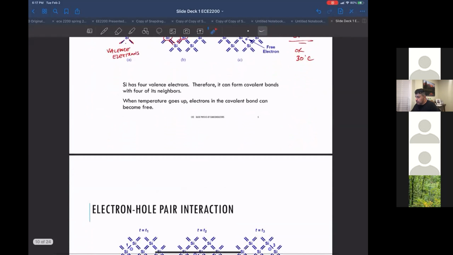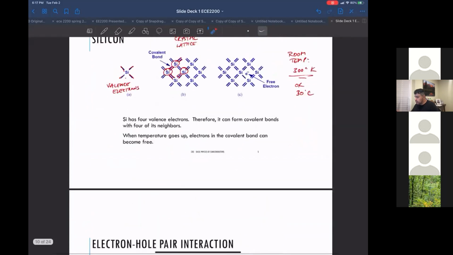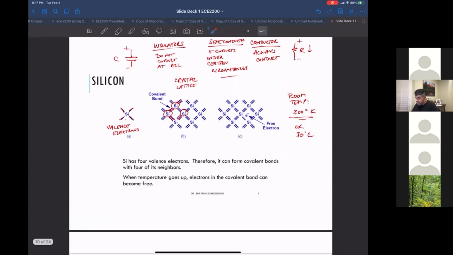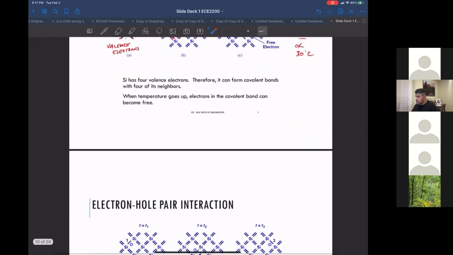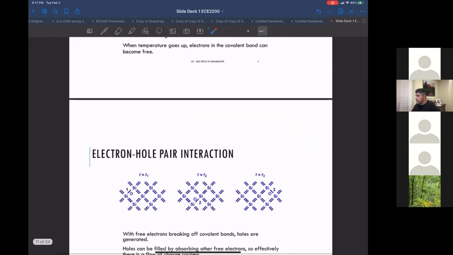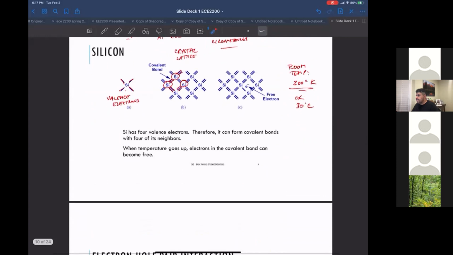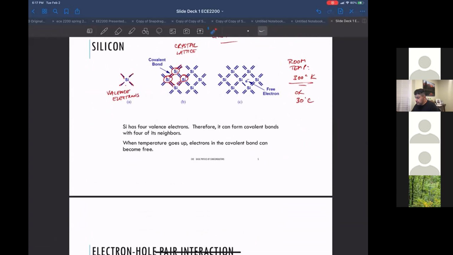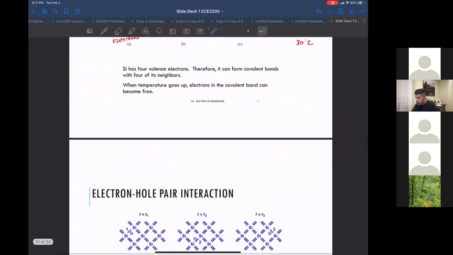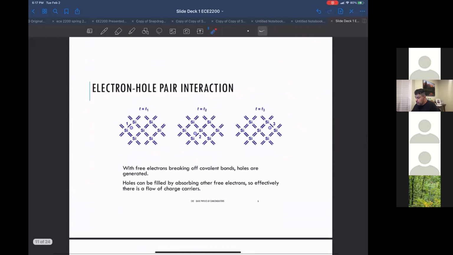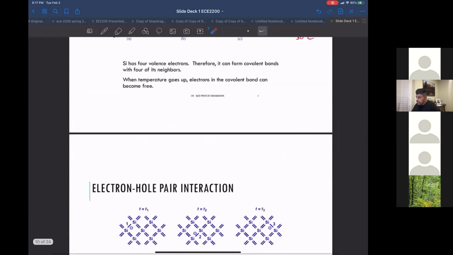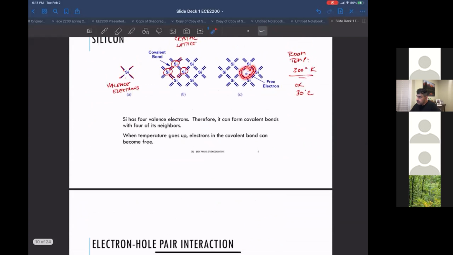So one way a semiconductor starts partially conducting is at higher temperatures. As the temperature goes up, let's say this piece of silicon is at 50 degrees Celsius, it'll conduct more than when it was at 30 degrees Celsius. Another thing to try to get your head around in a semiconductor is once this electron leaves the